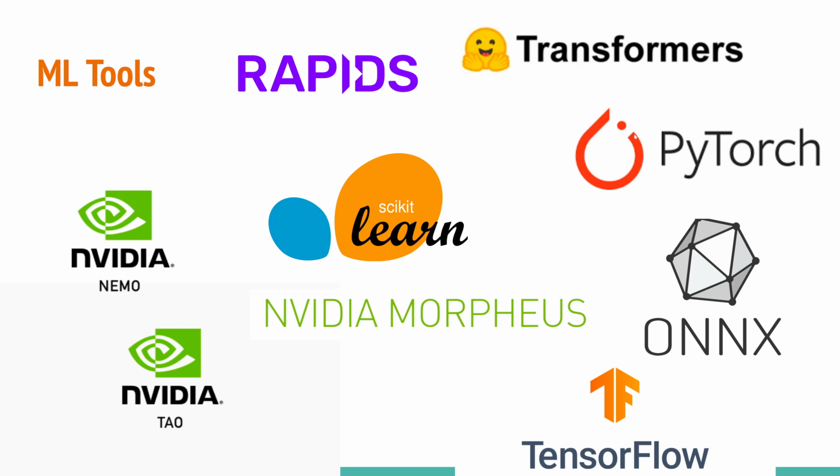TensorFlow and PyTorch are the two biggest machine learning libraries. PyTorch is maintained by Facebook. TensorFlow is by Google. TensorFlow came out first and it took the world by storm, but PyTorch came out and said, hey, I'm going to do everything you do except way simpler and with fewer lines of code. And everyone said, yes, please.